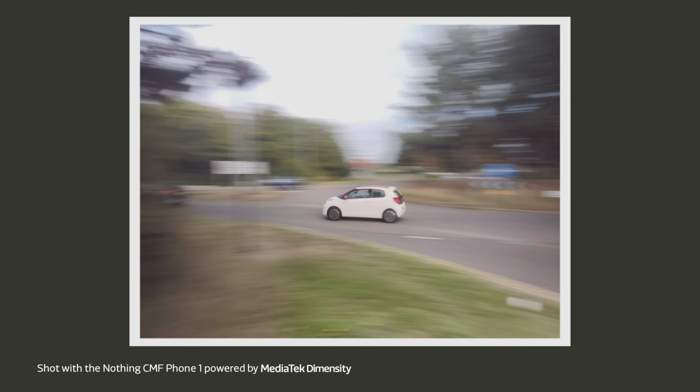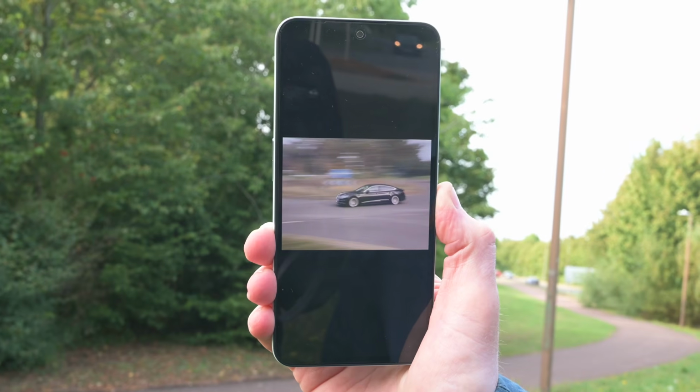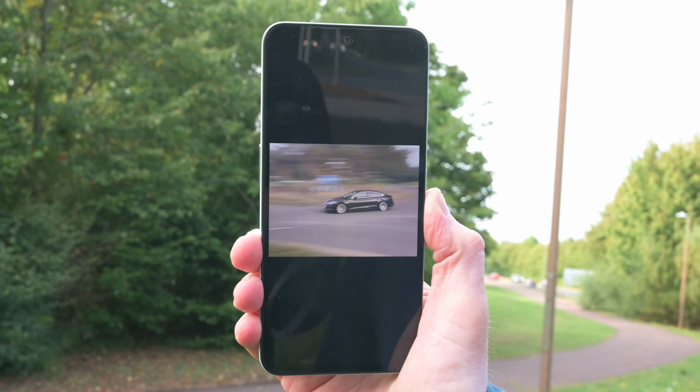It is clearly blurry, which is the effect I wanted, but because I was on my one-times zoom, the background actually serves as a bit of a distraction. So yes for the car, no for the background. Lesson learnt, maybe have a look at a slightly tighter lens. With this shot, I switched to my 2x zoom lens, and